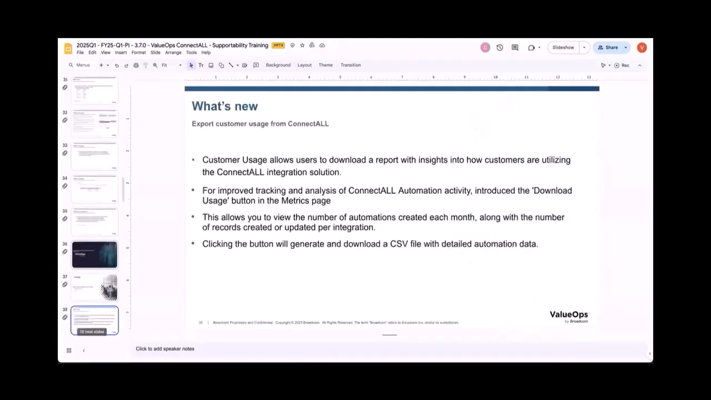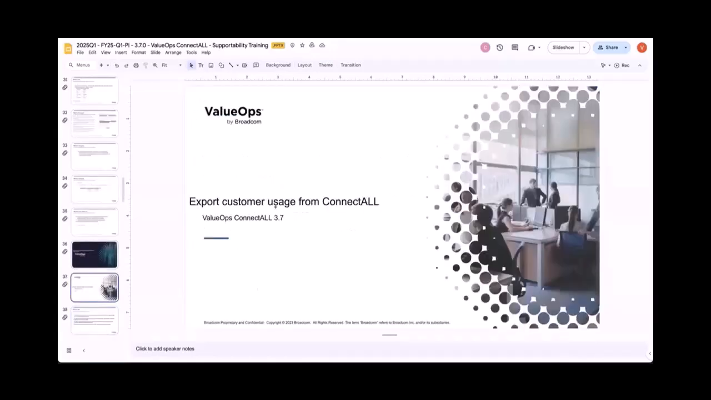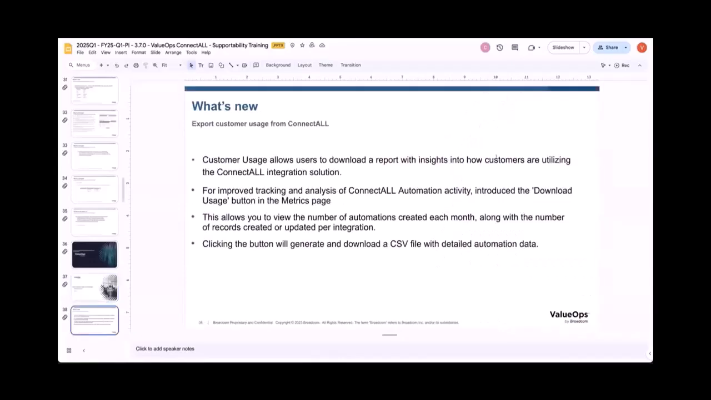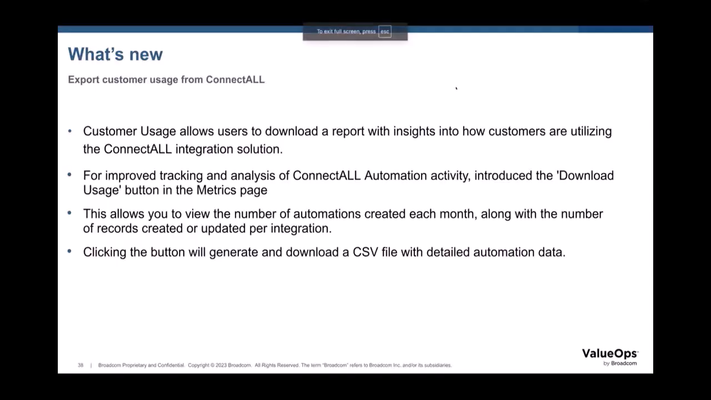Moving on, next we have this feature, which is exporting the customer usage from ConnectALL. This is something where, from the product side, we will need the help of the support team. This is basically to know the usage of our on-prem customers. Today, we are actually blind. We know how our SaaS customers are using it, but we don't know how our on-prem customers are actually using our